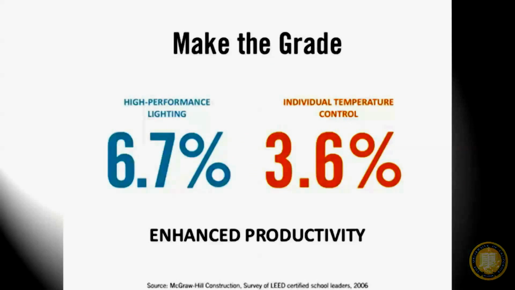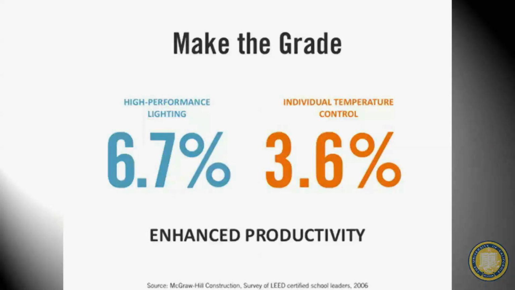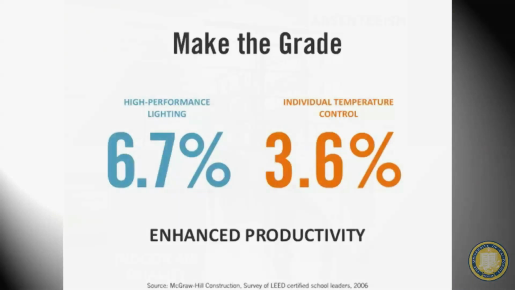And here are some statistics. With high performance lighting, when we were talking about task lighting, it can enhance productivity by 6.7%. Individual temperature control. When I was growing up, you guys have a pretty temperate climate, but it would be freezing in the spring quarter of the second half of school for me, because they would just pump the air conditioning so hard that it would be frozen every single day. And I literally think to the point of distraction of me not being able to learn on numerous occasions. And I was wearing plenty of clothes. So yeah, being able to have control over individual temperature can increase your productivity by 3.6%.